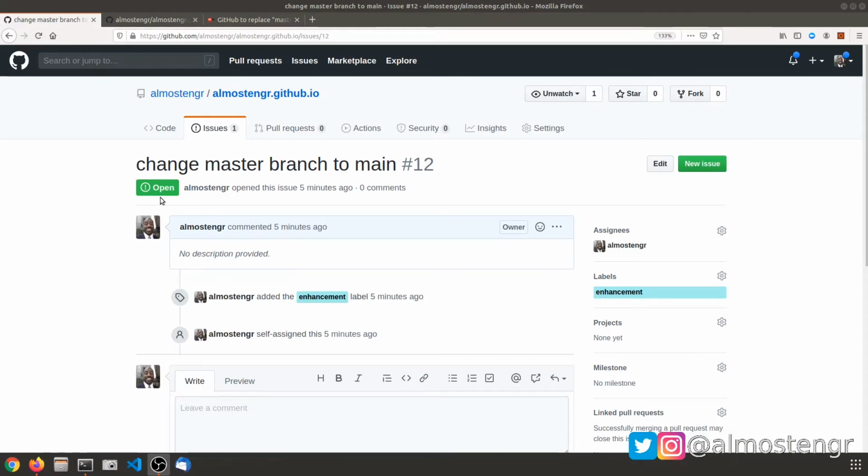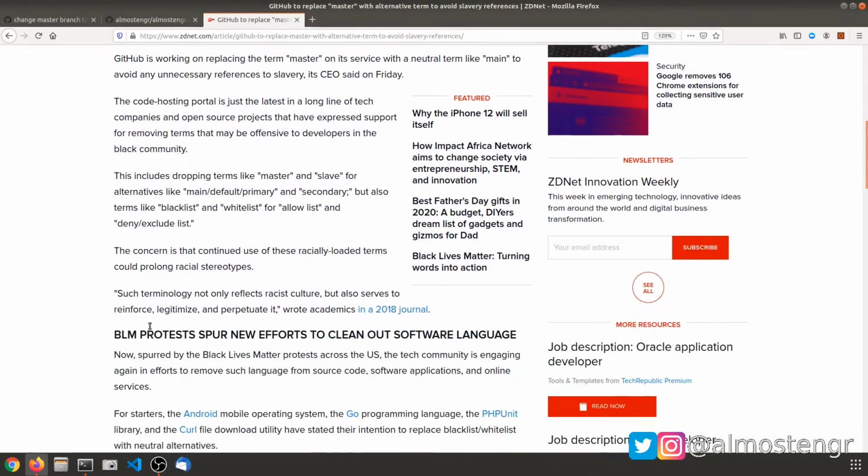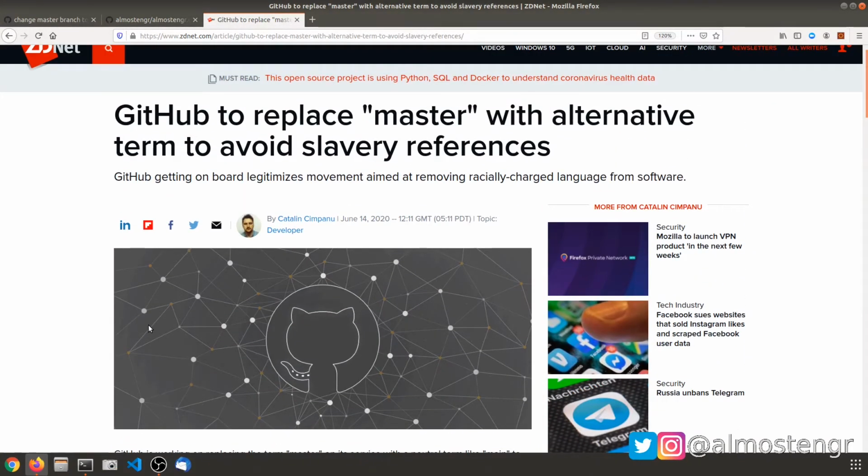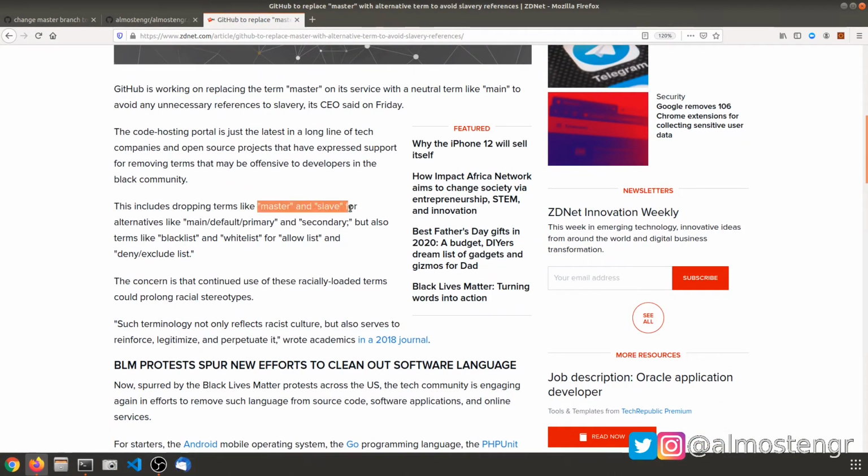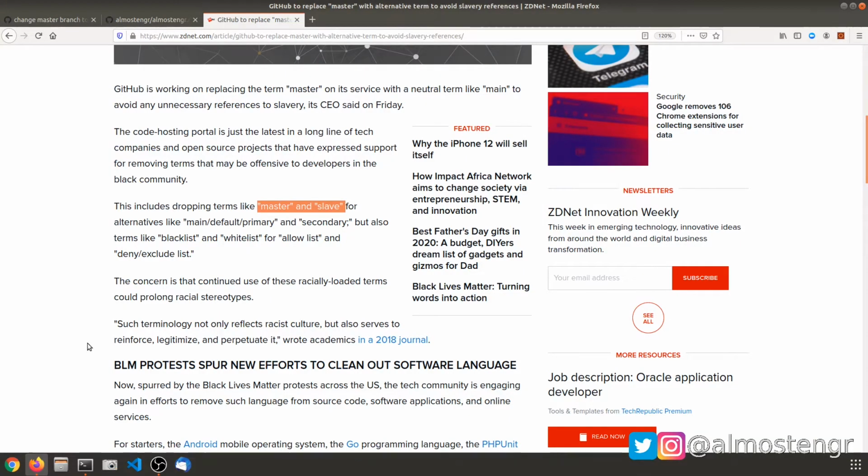As you see here, I have created an issue on one of my repositories to change the master branch over to main. As I showed you in the opener, GitHub has decided to stop using certain terminology as they are aligned with slavery references. Master and slave being one of the more common terminologies. I actually remember having a computer that did refer to the drives in said computer as master and slave. And believe it or not, there could only be one master, but there could be multiple slave drives. In addition,